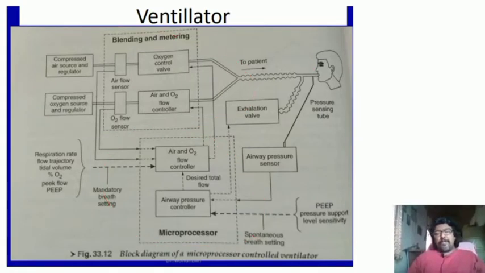Of late, you might have heard a lot of news related to the ventilator. What is a ventilator first? A ventilator is a medical device that helps a patient to breathe when he cannot do the breathing on his own. That means a ventilator is an artificial breathing device that makes the life of the patient easier.